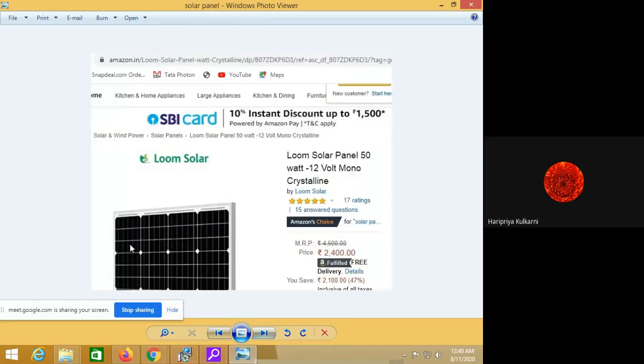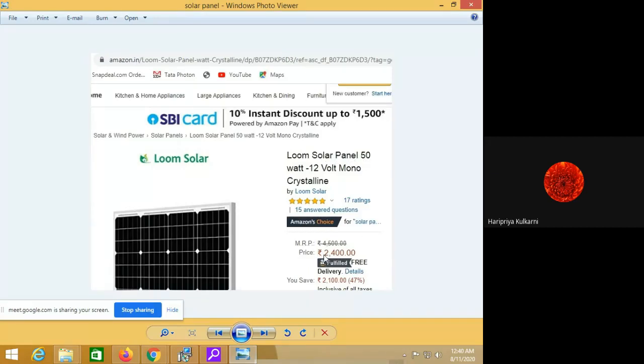Now we will have the cost estimation here. The number of PV modules: 9 parallel paths, and each path has 2 modules in series, so it will be 18. Now if you see the Amazon costing, I searched it some time before. I'll show you a screenshot here. This is a screenshot which I found on Amazon for a 50 watt solar panel.